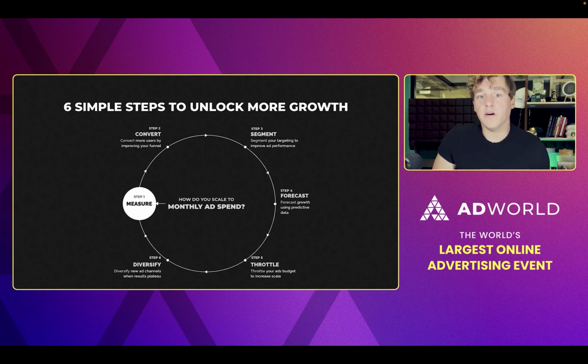Why should you be diversifying? What are some of the benefits? And what should you be looking for from a metric standpoint in the ad platforms to help you identify when's the right time to diversify? Now, if you aren't